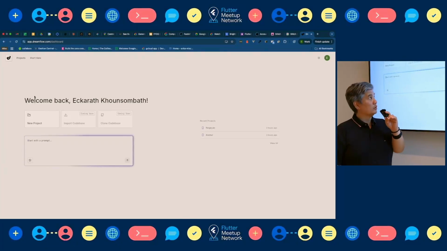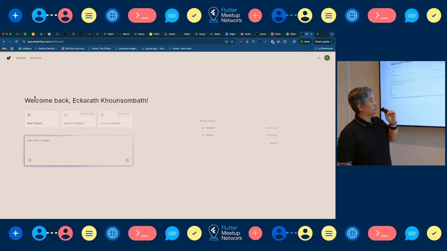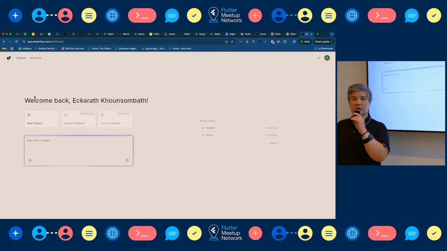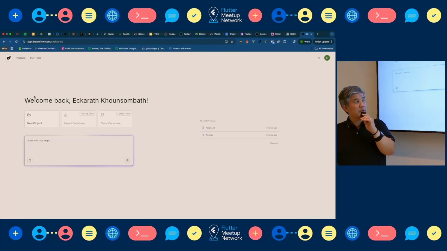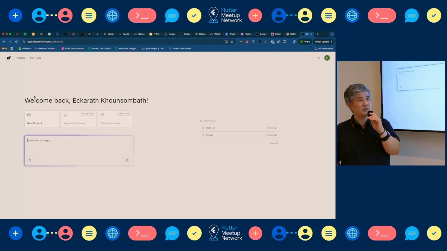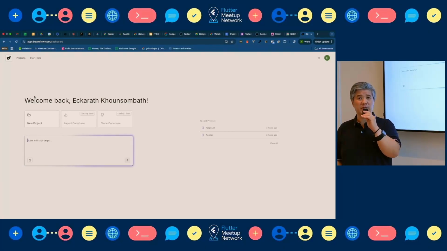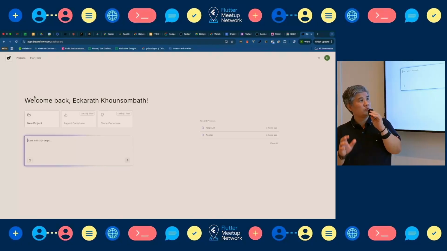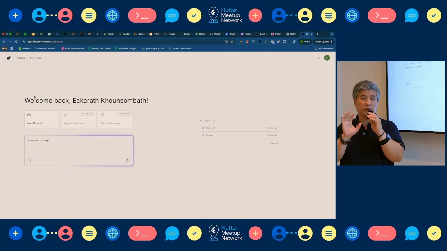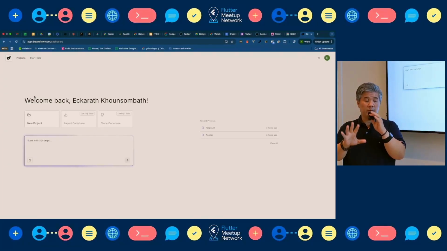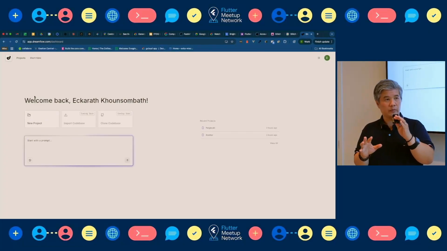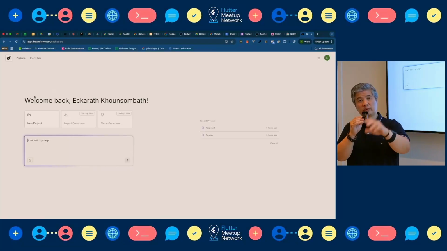Okay. So here we are going to talk about DreamFlow. DreamFlow is a new application from FlutterFlow. FlutterFlow is a company that has built what we call a visual studio design. It's a way for you to build Flutter applications from an interface. So you don't need to code, but you have the possibility to code. Mostly, you drag and drop components to build your pages.